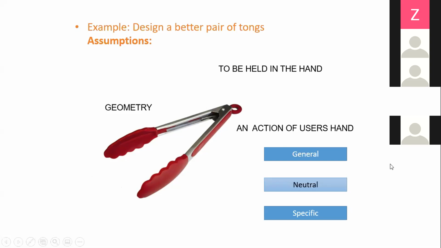So now if we look at general, neutral, specific, where does this statement fall? Design a better pair of tongs. It falls in the very specific